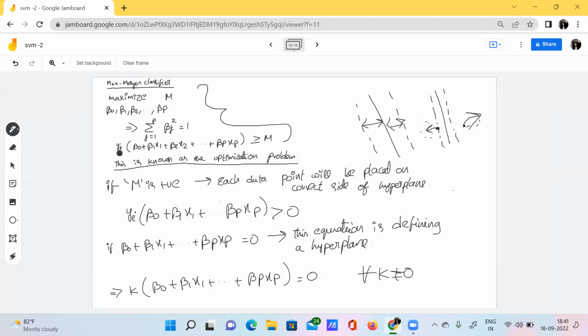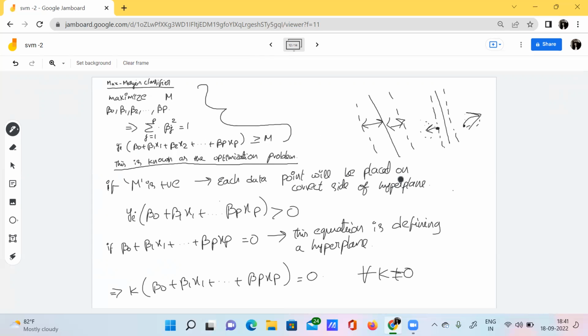So here our expression, that is yi of beta naught plus beta 1 x1 plus beta 2 x2 and so on, is nothing but the representation of our model. It should be greater than this margin M. Why? Because if M is positive, then we can say each data point will be correctly placed on the correct side of the hyperplane.